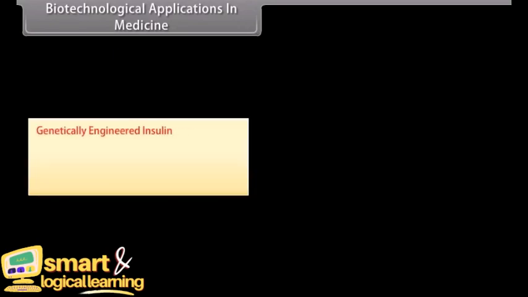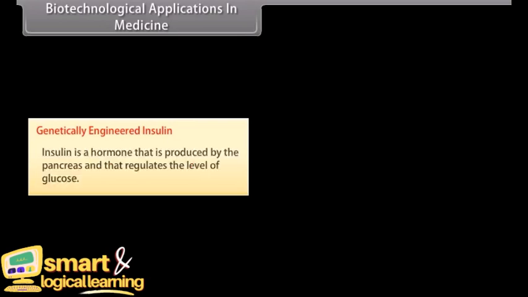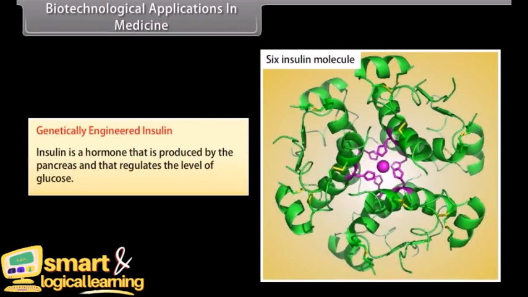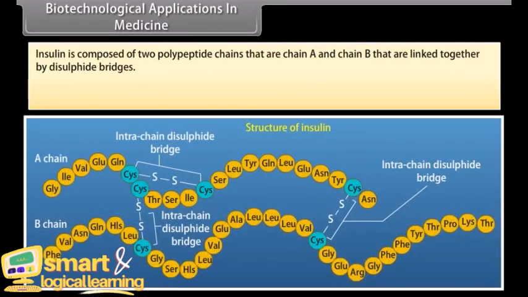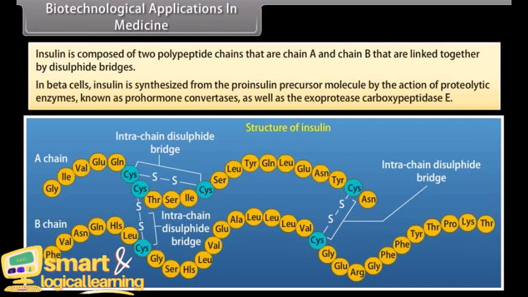Biotechnological applications in medicine. Genetically engineered insulin. Insulin is a hormone that is produced by the pancreas and that regulates the level of glucose. Insulin is composed of two polypeptide chains that are chain A and chain B that are linked together by disulfide bridges. In beta cells, insulin is synthesized from the proinsulin precursor molecule by the action of proteolytic enzymes known as